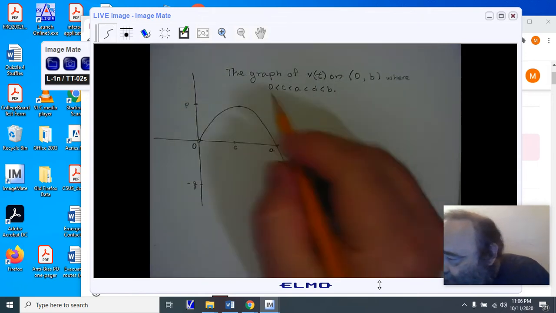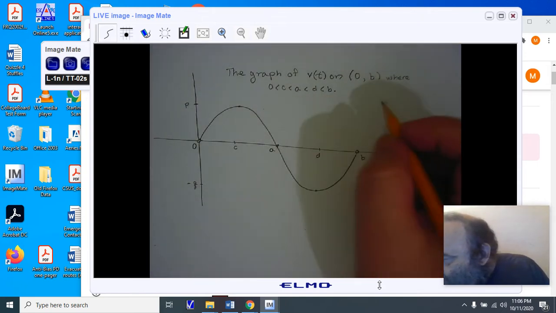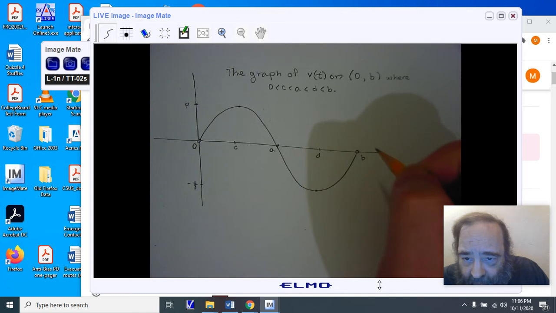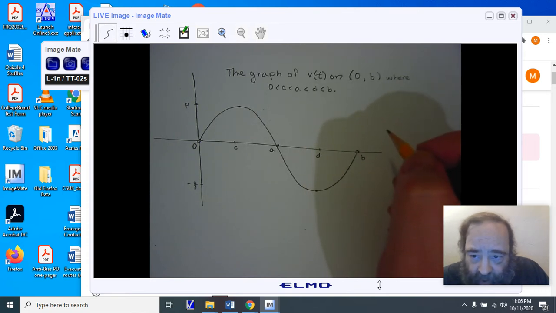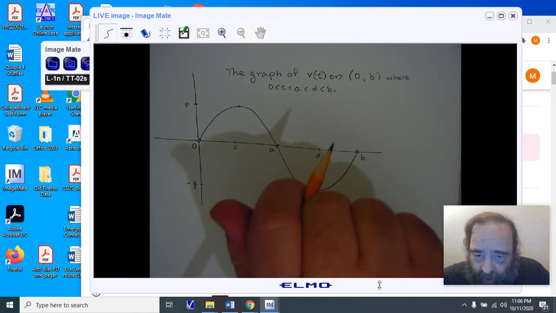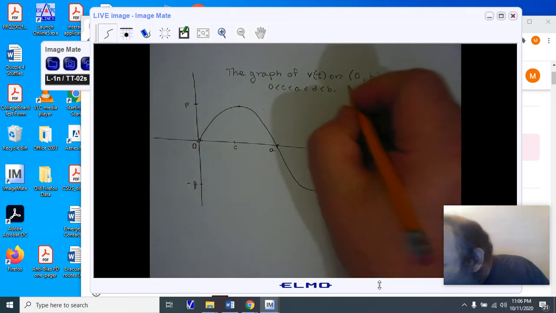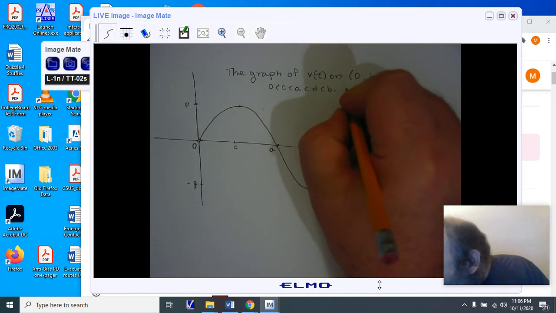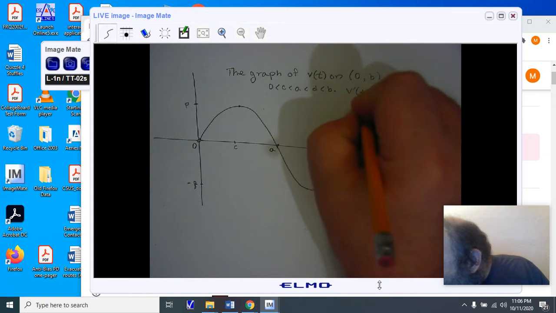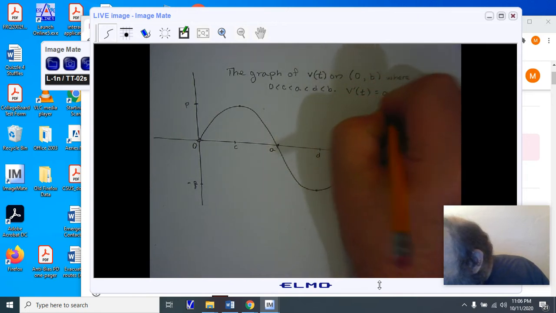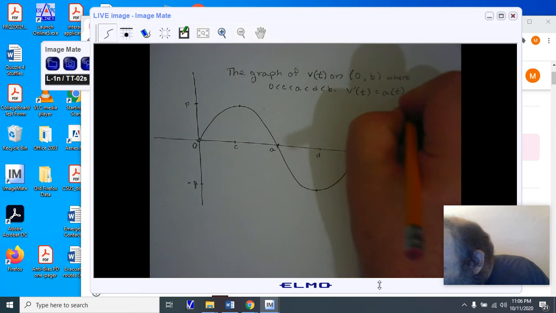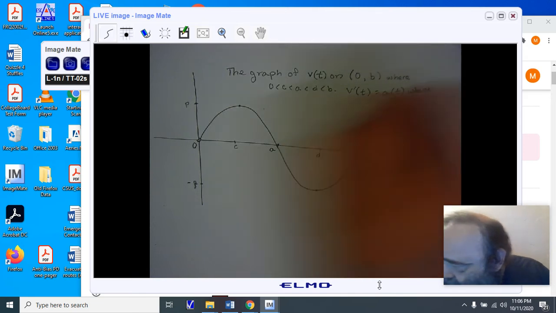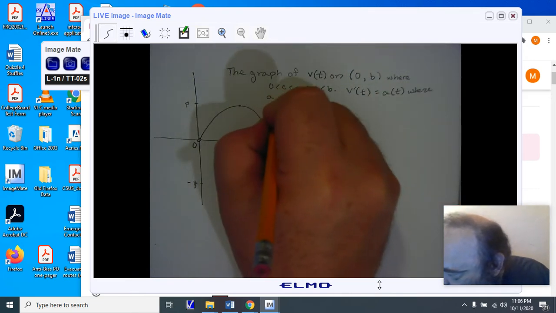So we are looking at the graph of v of t on the open interval from 0 to b, and we have the points C, A, D that are in between 0 and b in the order presented. Now, I'd also like to point out that the derivative of v, we are going to be calling a of t, where a of t is the acceleration,